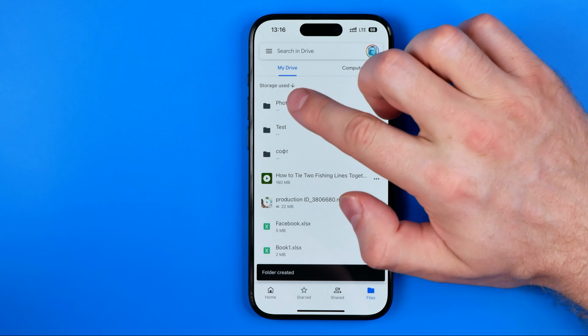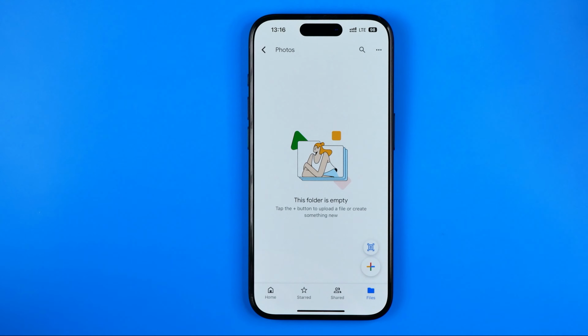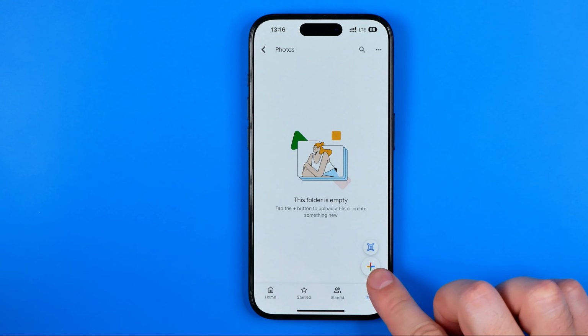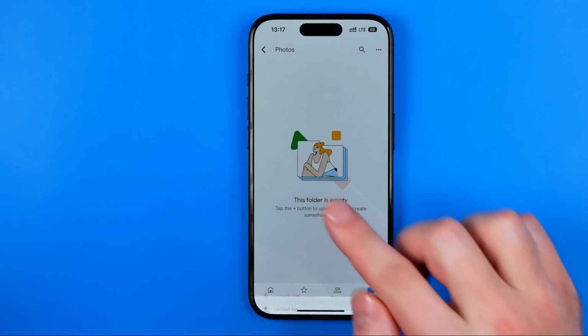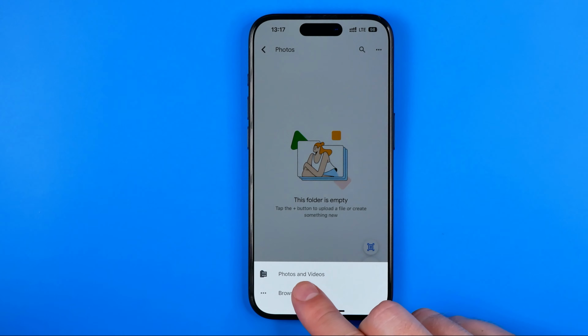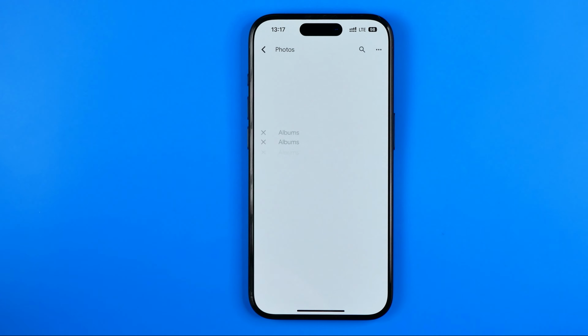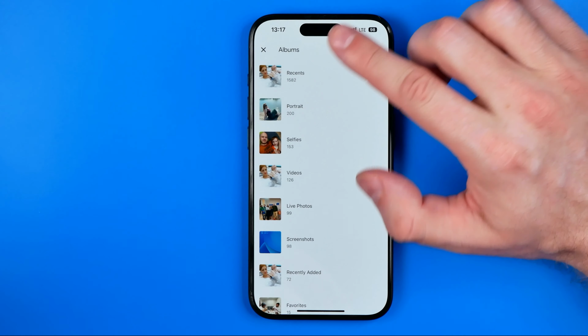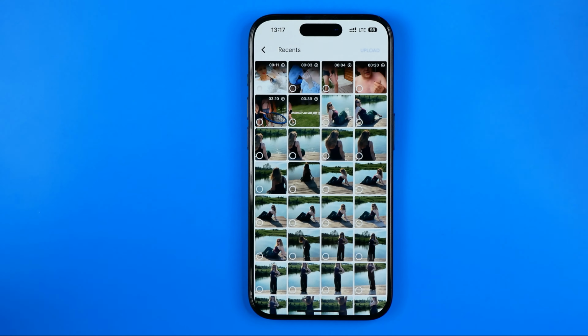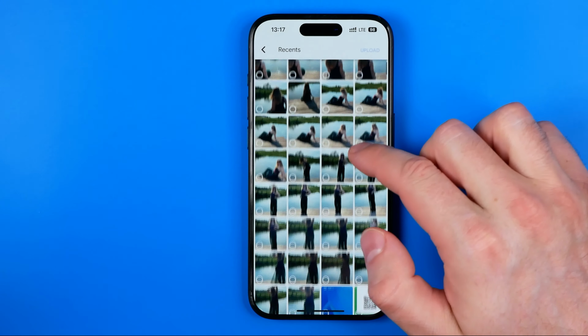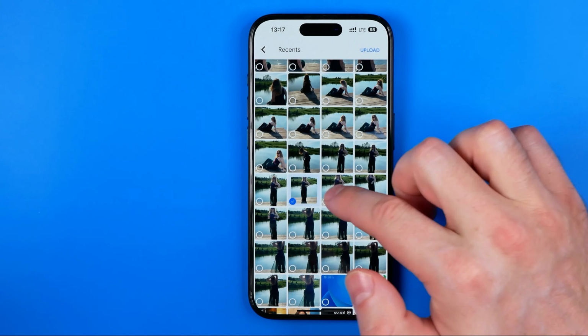After that, you need to get into the folder you have created. Then tap right here at this plus again and select upload file. After that, tap add photos and videos. Enter any album. I'm just gonna select recent. And that's where we can select photos for